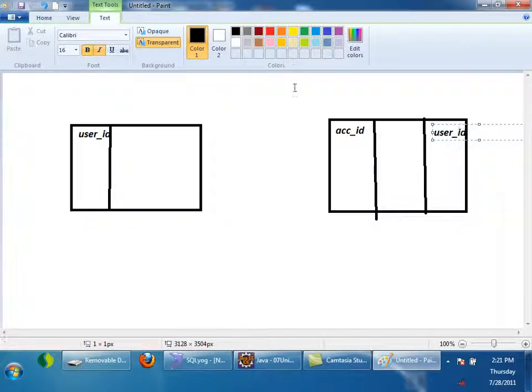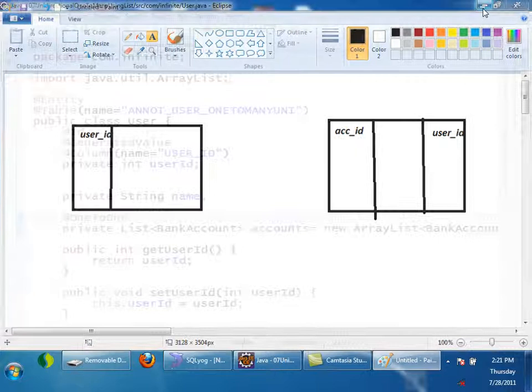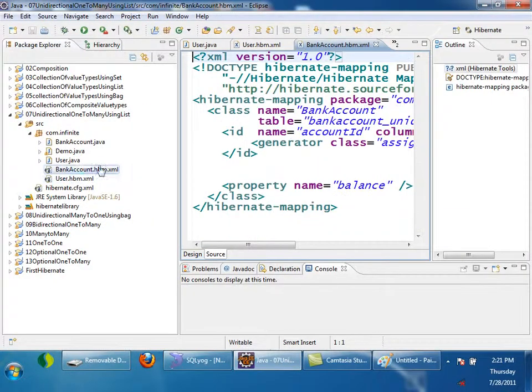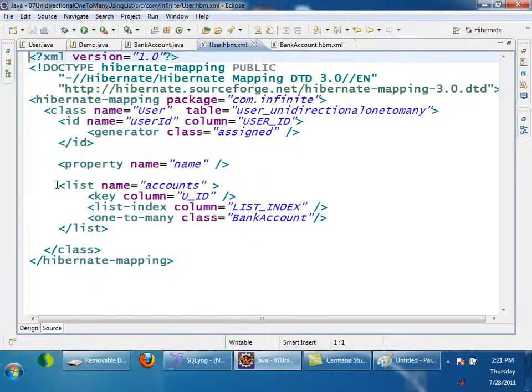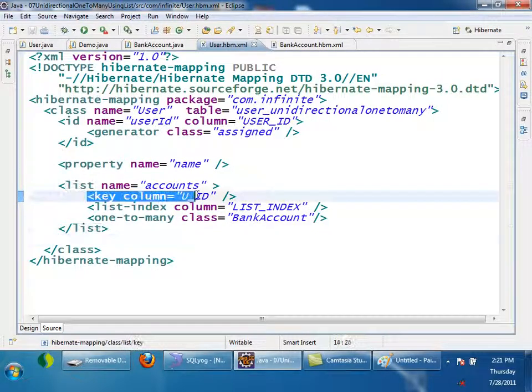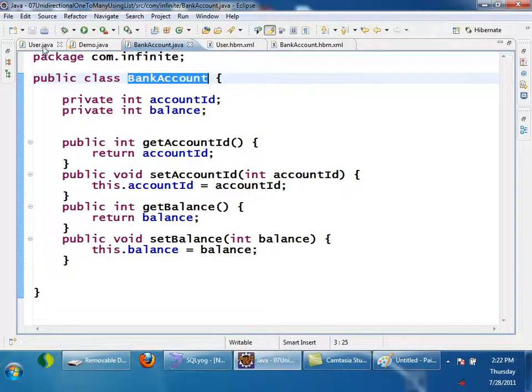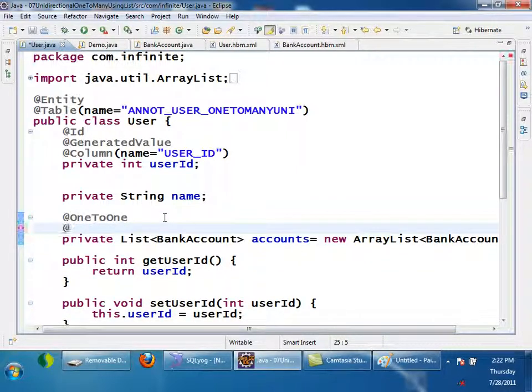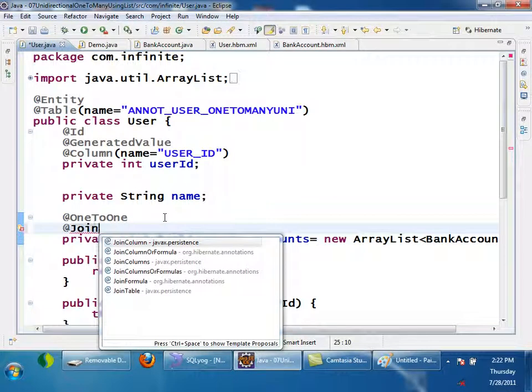Now let me show you XML. If I was doing XML configuration for list, in this list tag, how am I specifying the foreign key column? Inside the list tag I have used the key tag. Key tag always represents the foreign key, right? So now in annotations, if you want to represent a foreign key, what is it? You have to specify an annotation called JoinColumn